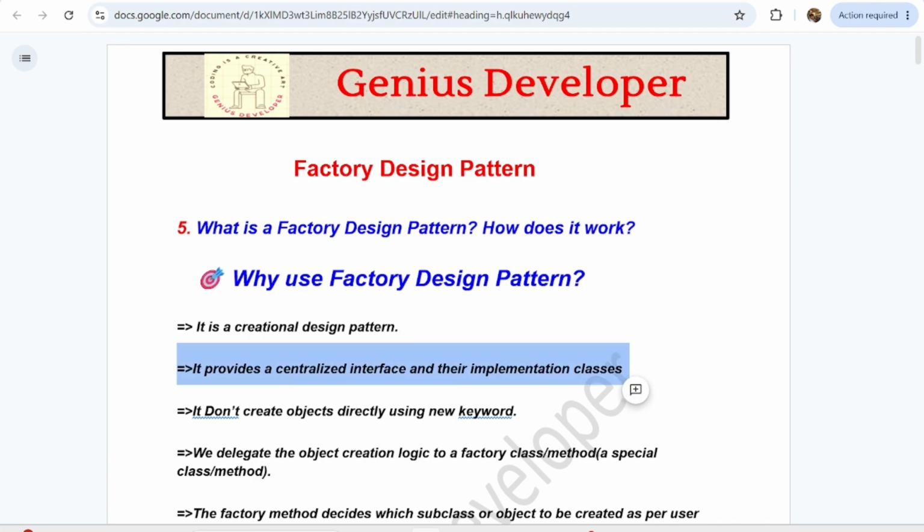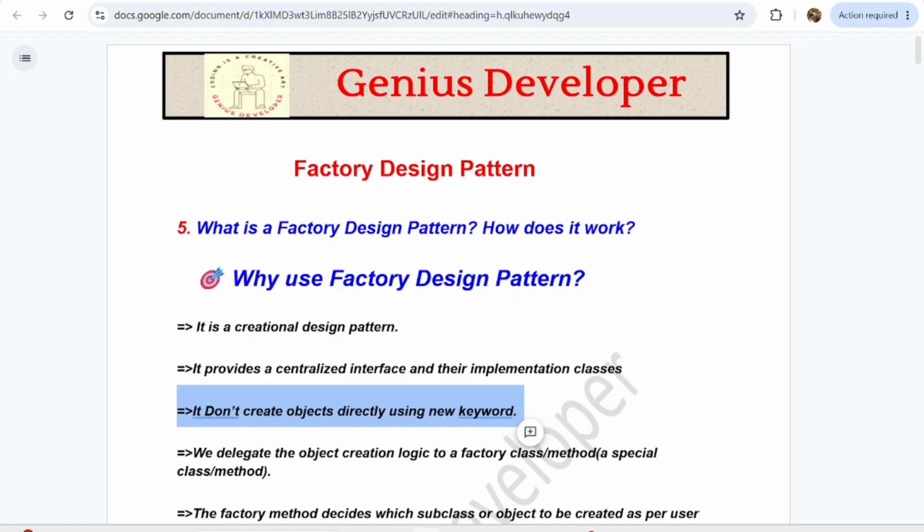It provides a centralized interface and its implementation classes. This is a very important point in the factory design pattern guys. First we have to define one centralized interface, then we have to implement the implementation classes for that guys. And it doesn't create objects directly using the new keyword.